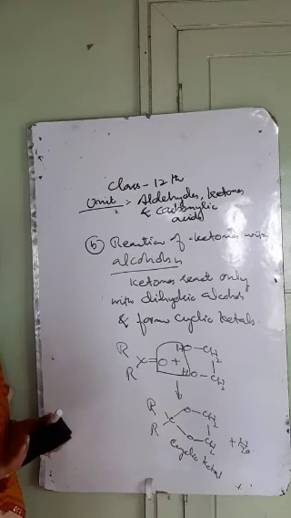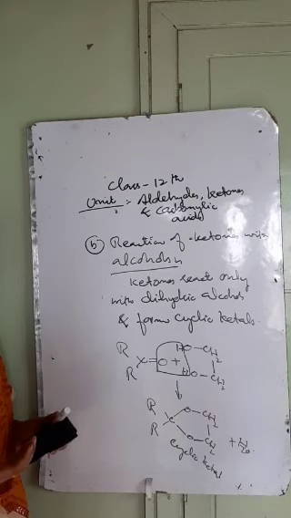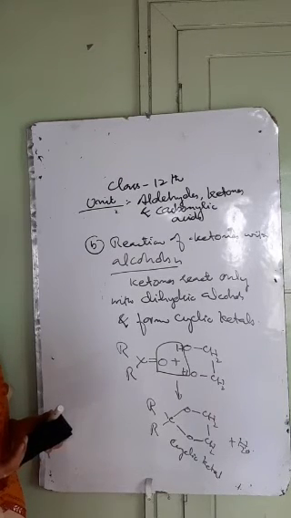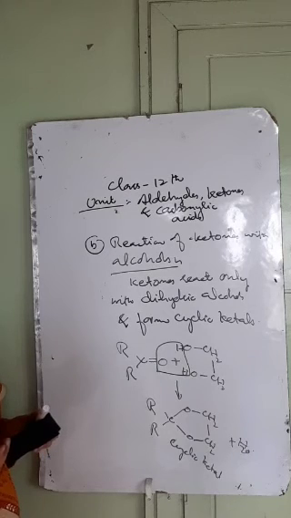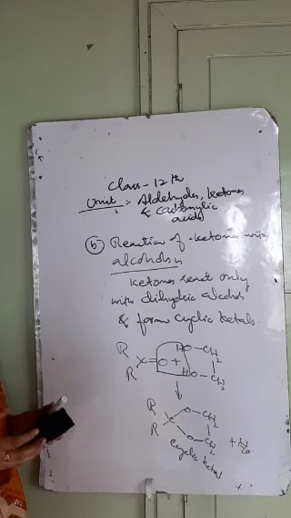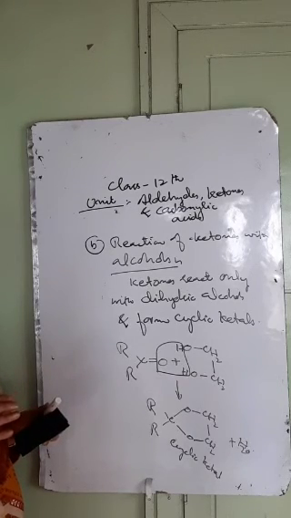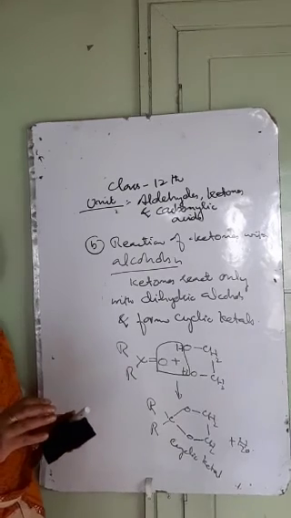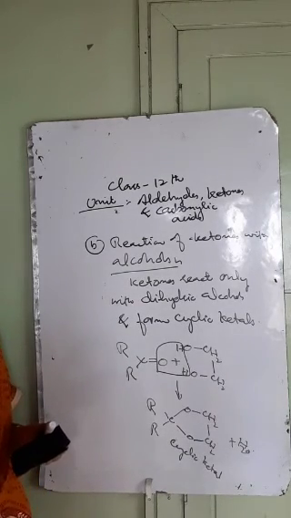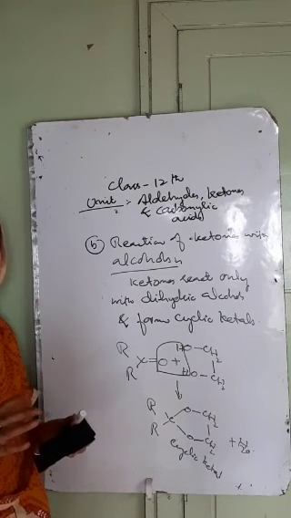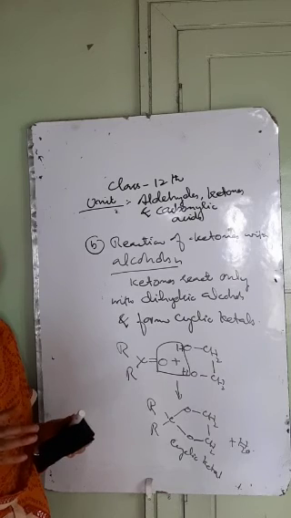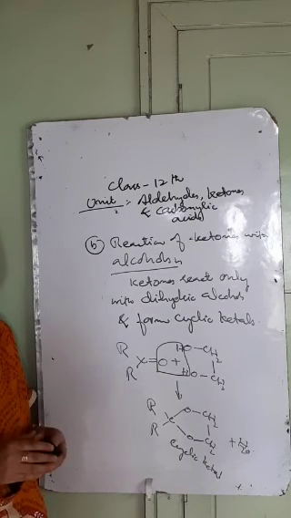And then we have the last reaction of the aldehydes and the ketones with alcohols. लेकिन aldehydes जो होते हैं they will react with monohydric alcohols, whether that monohydric alcohol may be primary, secondary or tertiary, and result in the formation of first hemiacetal and then react with the second molecule and result in the formation of acetal. So in general हम कहेंगे aldehydes जो होते हैं they will react with monohydric alcohols and form the acetals, while ketones जो होते हैं they will react with alcohols but not with monohydric alcohols, they react only with dihydric alcohols and result in the formation of the cyclic ketones.